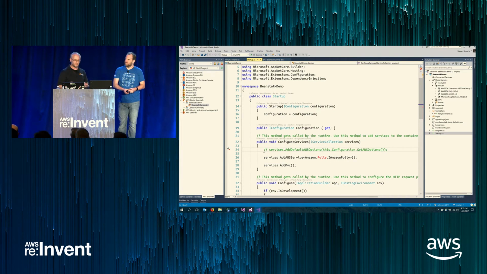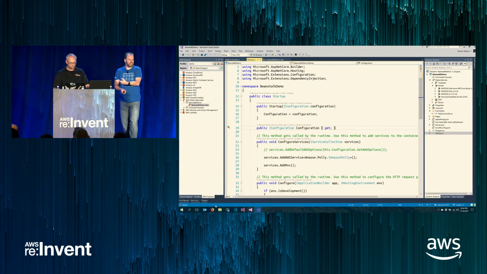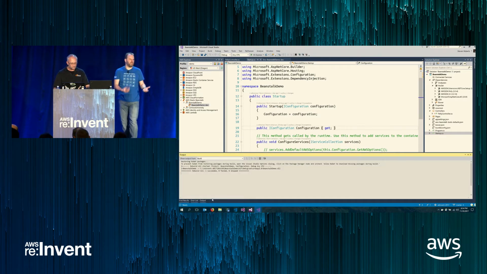So I've noticed, Norm, that in the demo app, you've commented out this line, add default AWS options. Yeah. So when we first released this library, which was part of .NET Core 1.0, configuration was just a standalone thing. Often you put it on the startup class. There was no global way to access it. And so to get the configuration in the dependency injection system, we always had that line that said, basically, let's copy the AWS configuration from your configuration system into the dependency injection so we knew how to create your service